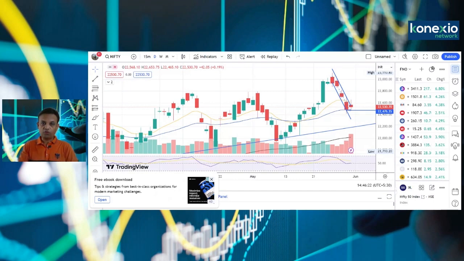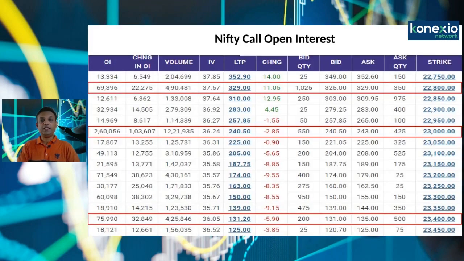Just try to look out for the long trades from these junctures. So definitely, the setup seems to be quite oversold, and we might see a sharp short covering rally from this juncture. Now, friends, let us discuss the derivative data of Nifty calls.